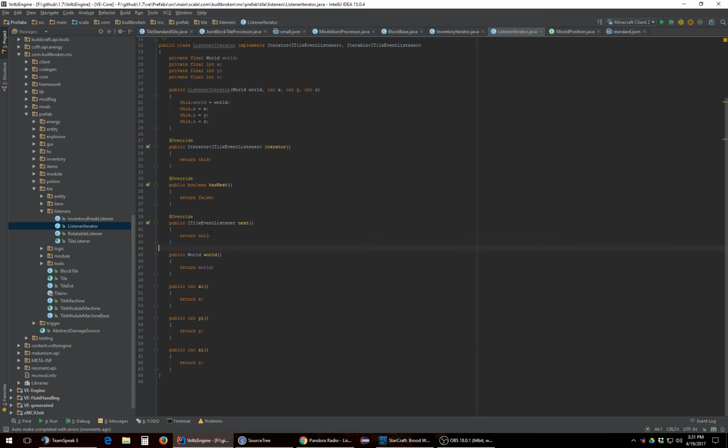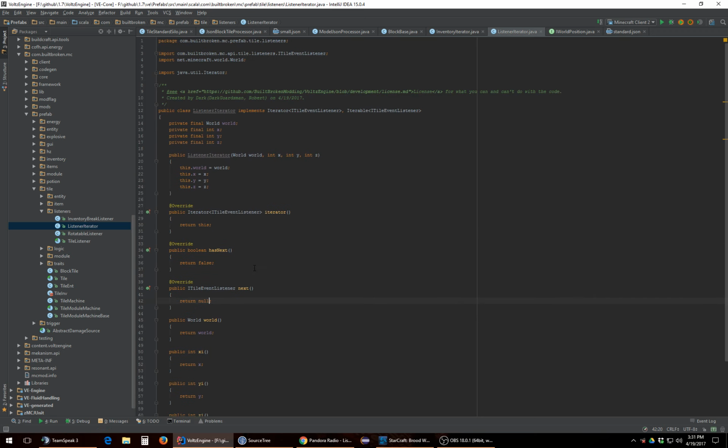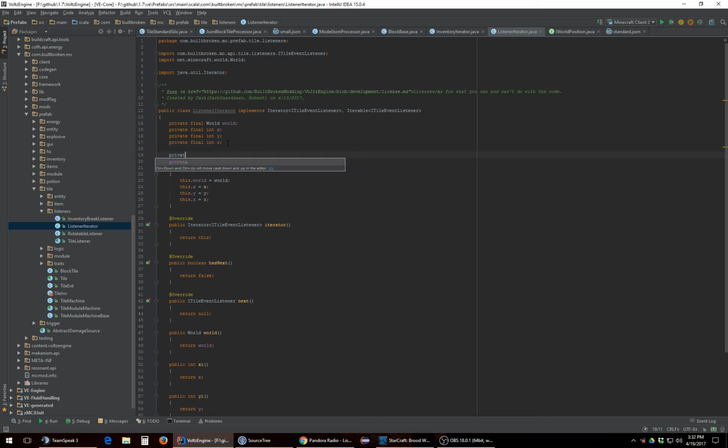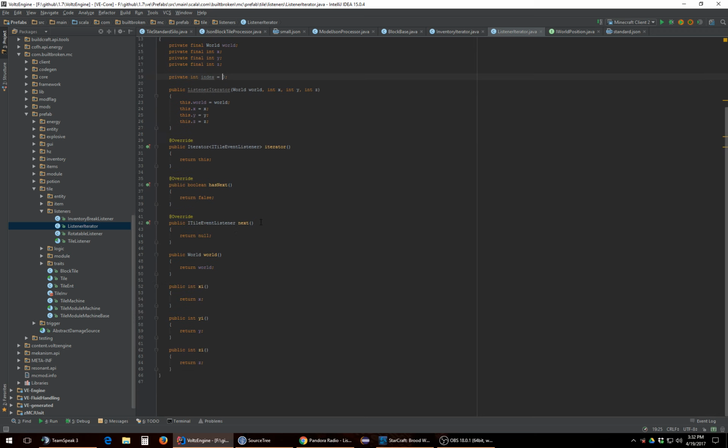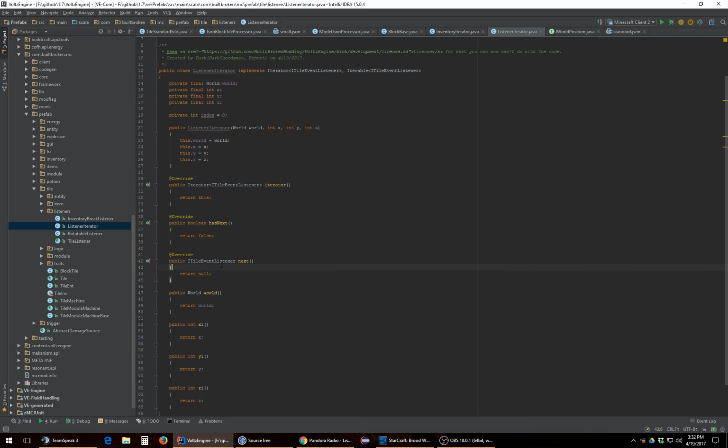Okay, so we got those. So we want to know what our next one is. So how we're going to do this is our tile entity is going to be 0. Then our block listeners. Actually, it's going to go tile, then node, then something. So has next. So we got to figure out what we're going to do for has next. We're going to have to keep track of an index. So our index equals 0. And then we're going to do some system here. So we're going to go index equals 0. Then, of course, it's going to be